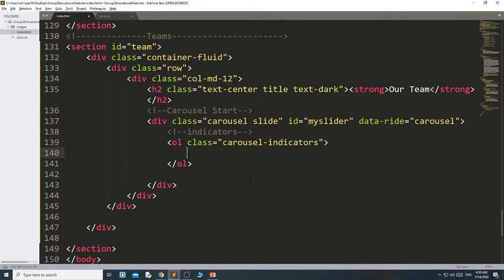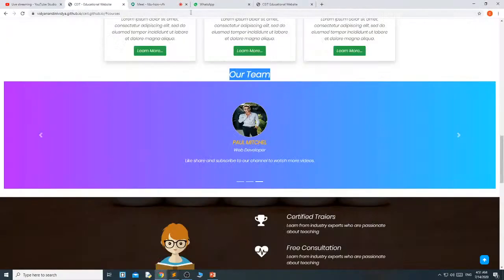Okay. Then inside the indicators you have the list item. Then list item class will be active. You can make any one of the list items active. Okay. Then your data-target. Data-target must be the same as your ID.